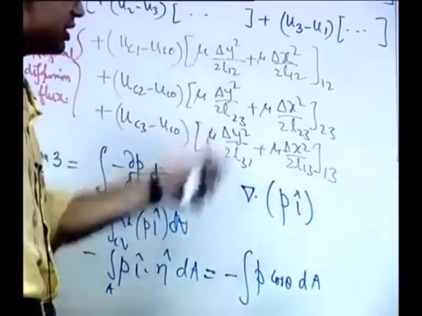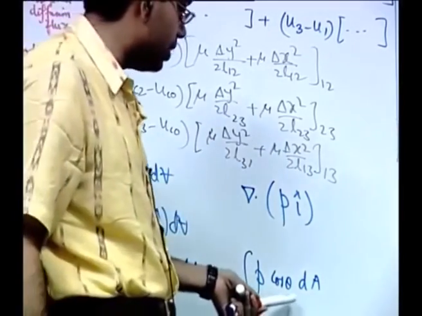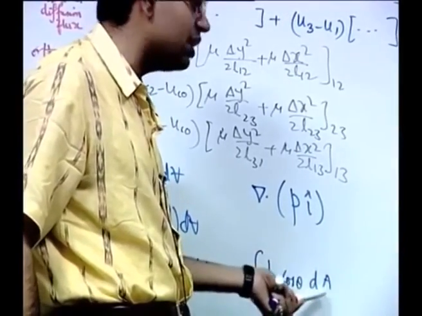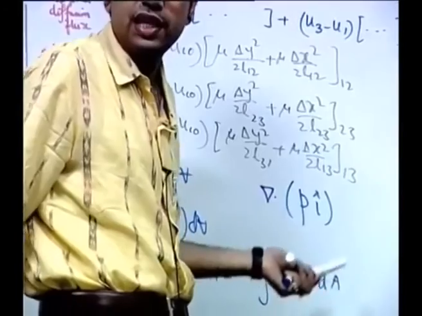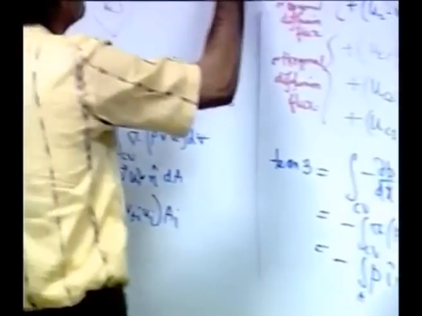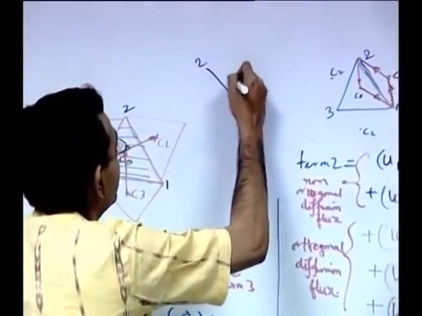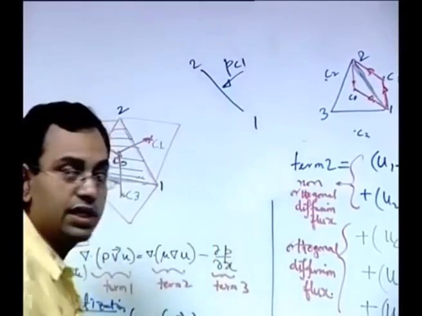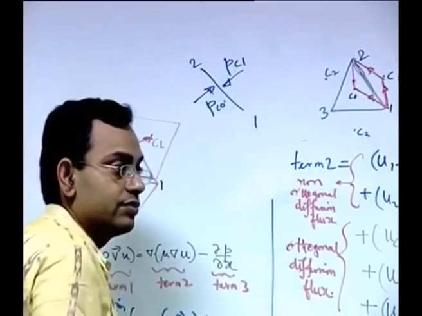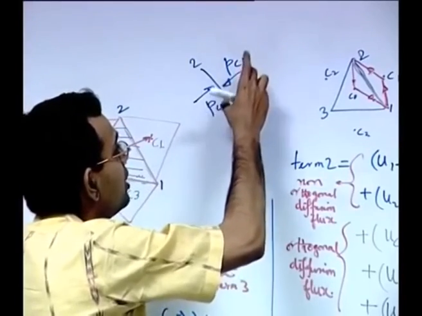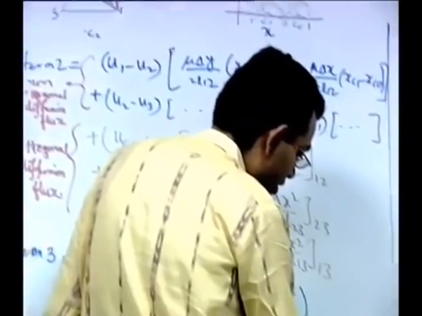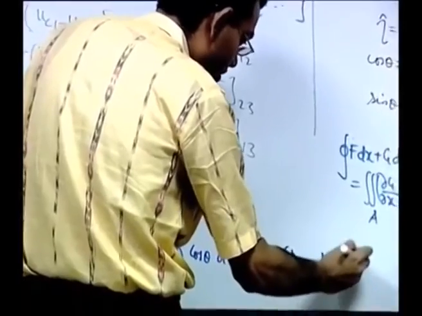Each edge has a constant length. Cos theta is delta y by L12 for edge 1 2, and sum of the total dA is L12. So that L12 gets cancelled from numerator and denominator. And what is the net P? So consider this surface 1 2. From this side you have the pressure PC1 acting, from this side you have the pressure PC0 acting. So it is the net pressure on 1 2 is PC1 minus PC0. So this you can write as minus PC1 minus PC0 into delta y.